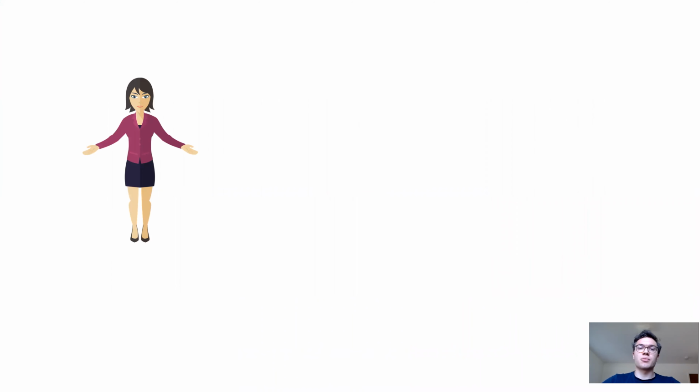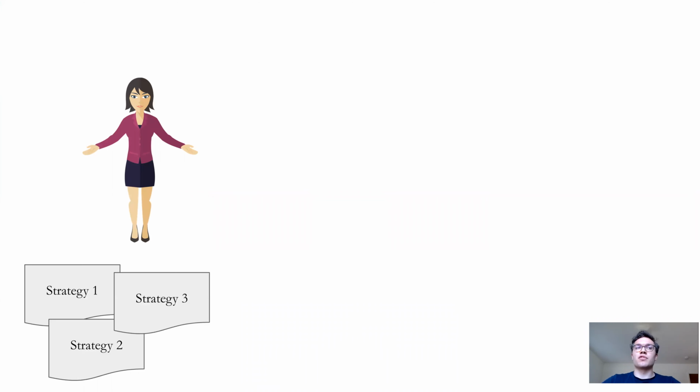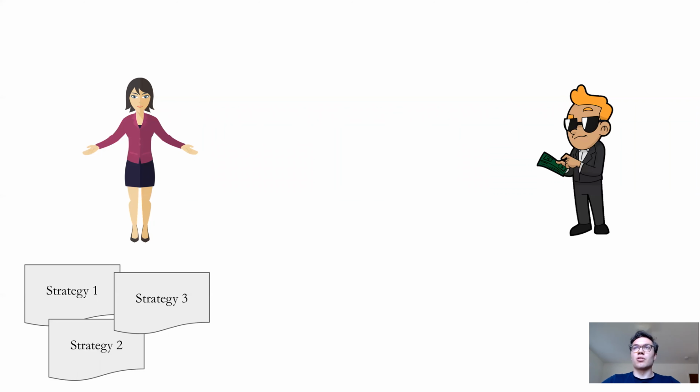So we consider a setting where there's an agent, let's call her Alice. She owns a startup, for example, and she has to choose from some set of strategies for a startup. There's also an external expert on business strategy, let's call him Bob. He just wants to maximize his own profit. And we wonder, what kind of mechanisms can Alice use to incentivize Bob to reveal some of his beliefs about how good these different strategies are.